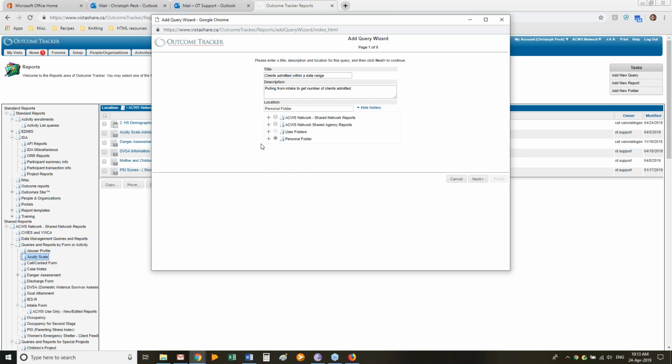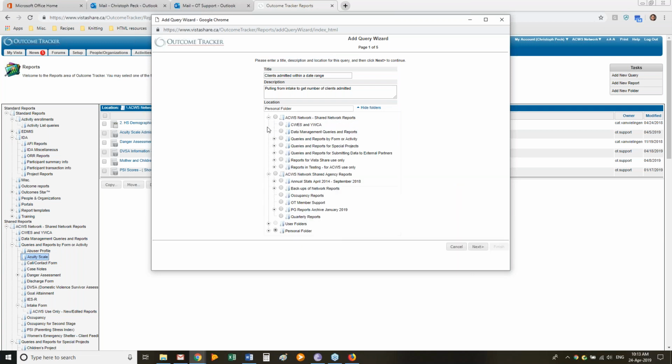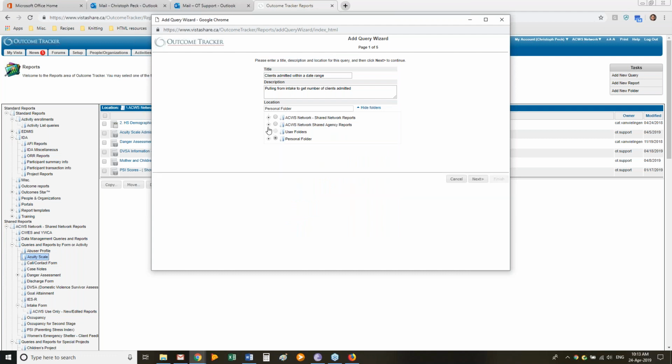And the reason why it's best to store it in your personal folder at first is if you start putting your queries and reports in public folders, it can become quite confusing about what is meant to be what, and especially if you're creating a query and you're playing around with it and